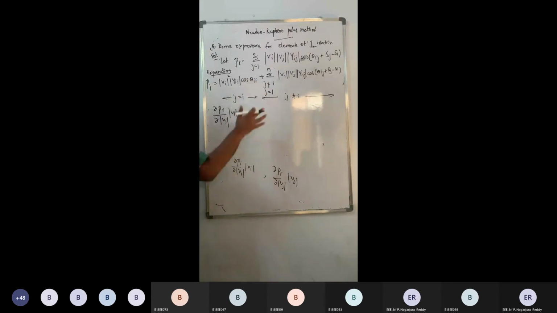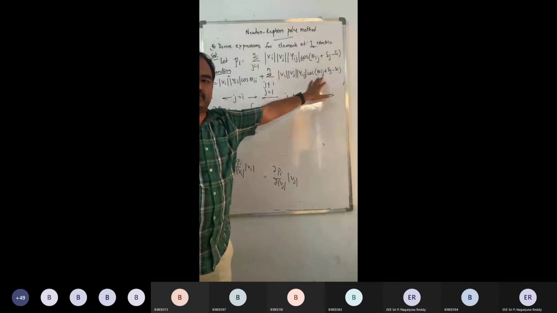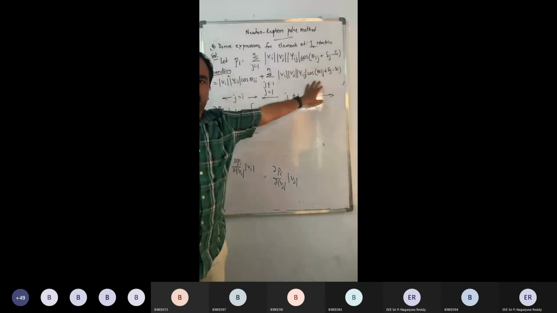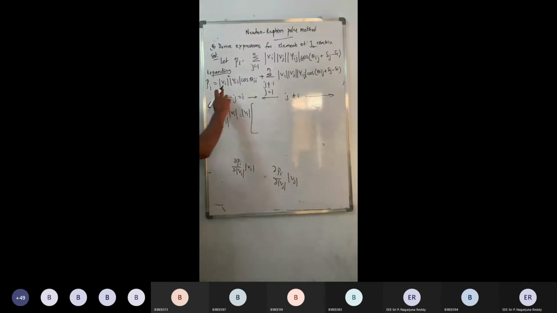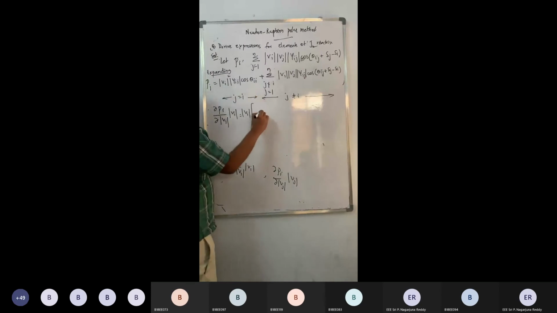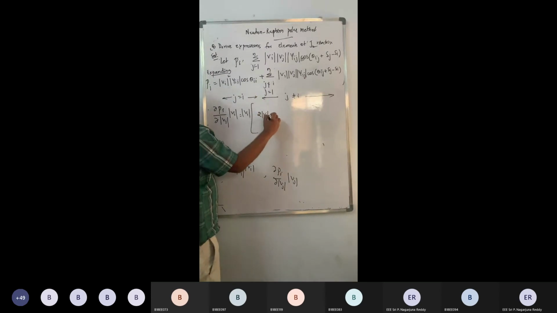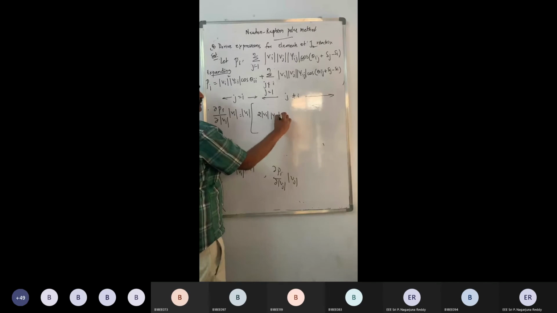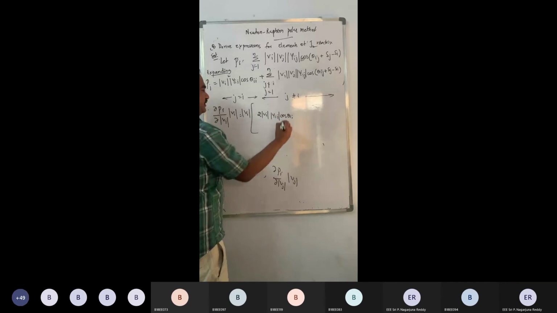So first of all, let me differentiate it with respect to Vi, and later I will multiply it with Vi. So first of all, I am doing its differentiation, and next I will do the multiplication. The multiplication I am writing down outside. Now the differentiation part here, can somebody start the differentiation? This is Vi square. So what am I getting? 2 mod Vi Yii cos theta. Do you agree with me?